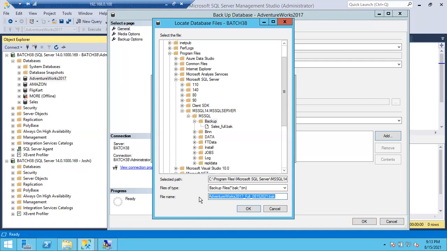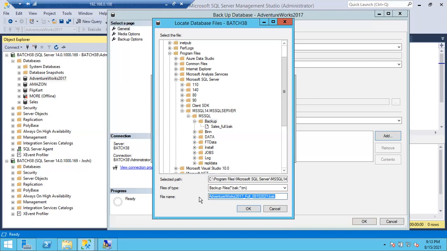So the file name should include the database name and what kind of backup it is, either full, differential, or log backup. You have to include the type of the backup also. It is easy to understand. It's not mandatory, but everyone can easily understand: this is the AdventureWorks database backup, and this is a full backup, and someone took this backup on 15th of August.